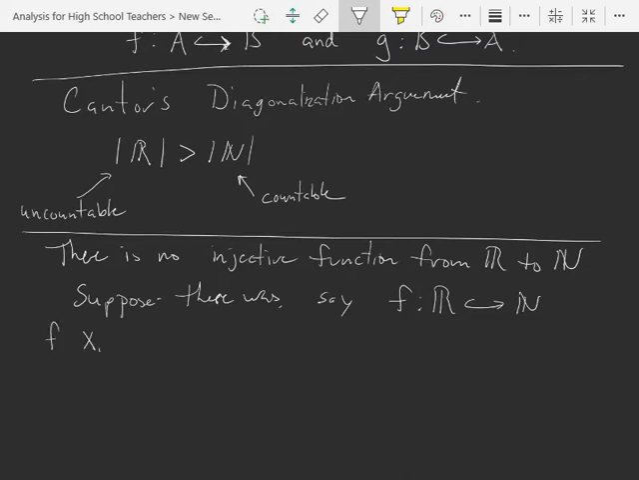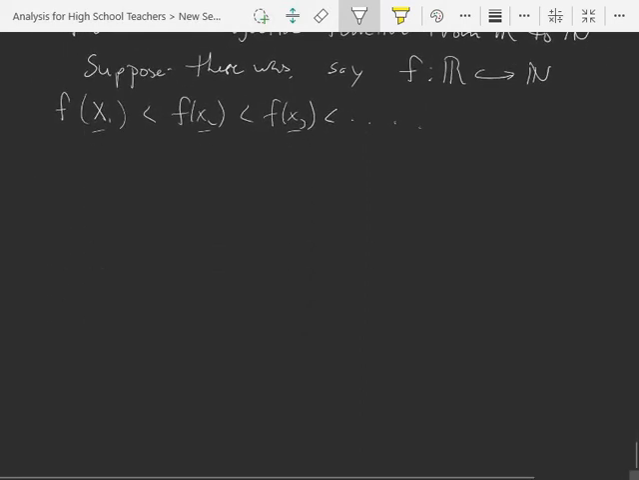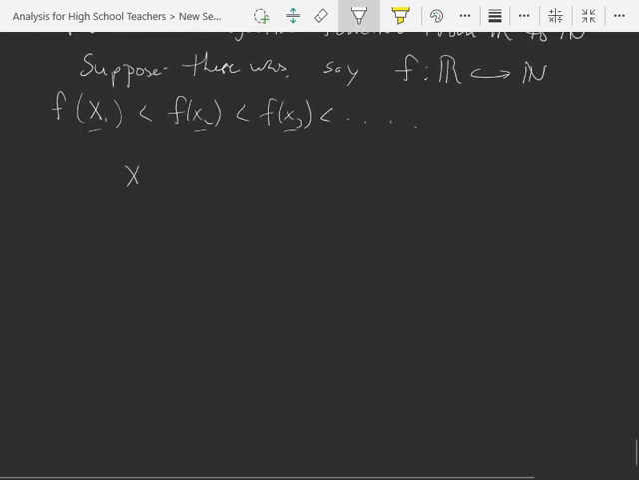Say f of x1 is less than f of x2 is less than f of x3. Since the natural numbers are ordered, we can order the inputs that way as well, right? Okay, now that I have that order established, let's write out these numbers in that order. Say the lowest input from f comes from x1, which I